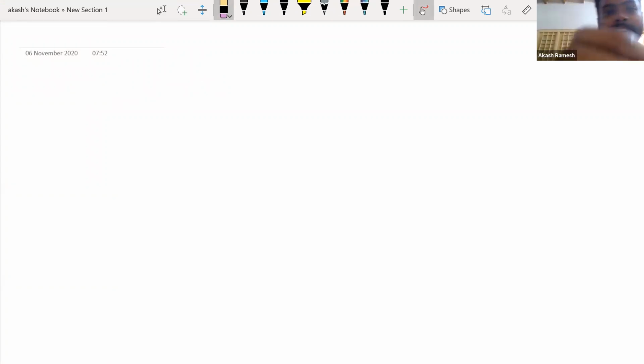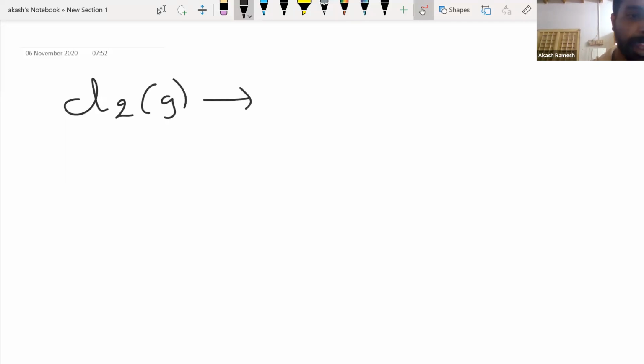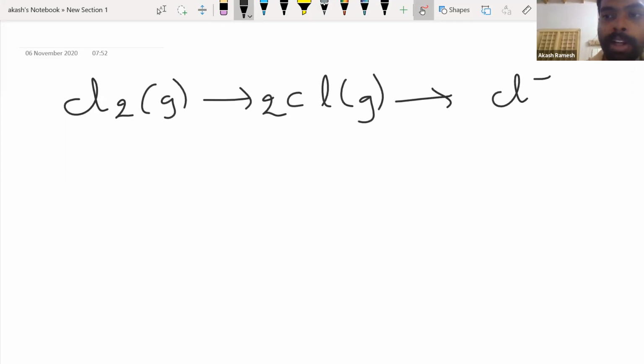So the mistake I did is regarding chlorine. Basically I had chlorine gas, and chlorine gas was forming Cl atoms, Cl in gaseous phase. Now what did I tell you? I told you that here I'm going to form 2 Cl minus, and that is going to form 1 Cl minus, so I have to supply half the electron gain enthalpy here. Now this is wrong, people. The half should not come here.